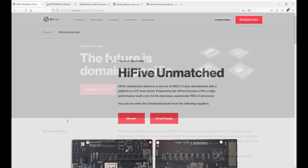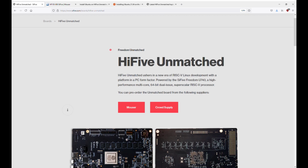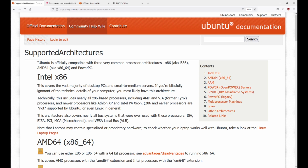I really didn't know much about this until close to the end of last year, and still don't know a lot, but here's the board from HiFive, the Unmatched, that caught my eye. Instead of a small IoT device, this is really ready to be a full-fledged PC. Instead of a small embedded operating system or just a headless server, you start looking at the supported architectures from a desktop version of Linux, and you can see that, as I mentioned earlier, you've got Open Power, ARM, Intel and 64-bit AMD 64,